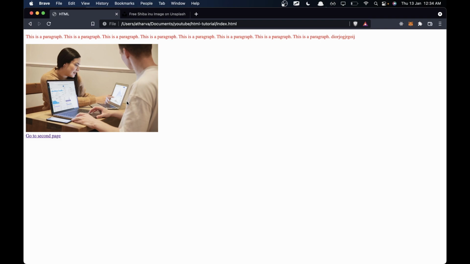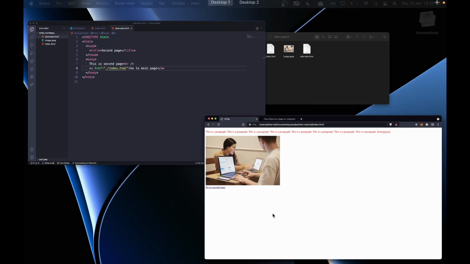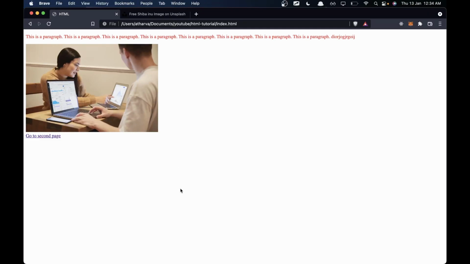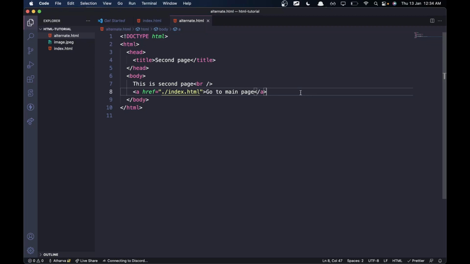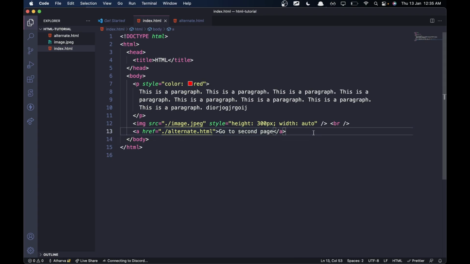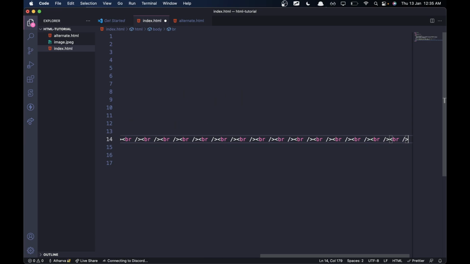So you might have seen some sites where you have a link. Once you press that, it scrolls all the way down and you see some kind of content. I want to show you how to do that, but for that I need to make sure that the content is scrollable. So let's go ahead and add a bunch of BRs. I will just copy this. Let's go back to index.html, and I'll just keep spamming this until we get a scroll bar,